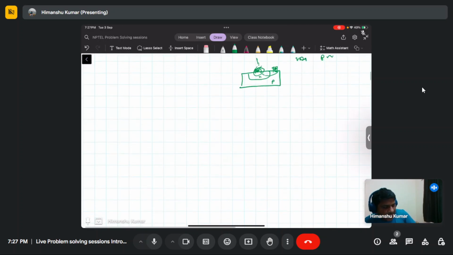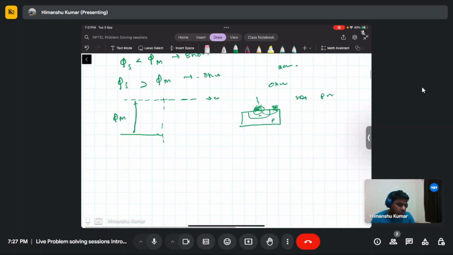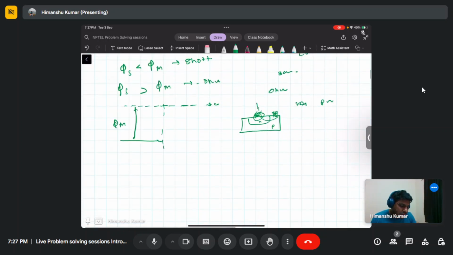If we draw the band diagram, this is the vacuum level, and this is the boundary. We draw the band of the metal, phi m, and because phi s is, let's say, we are drawing for